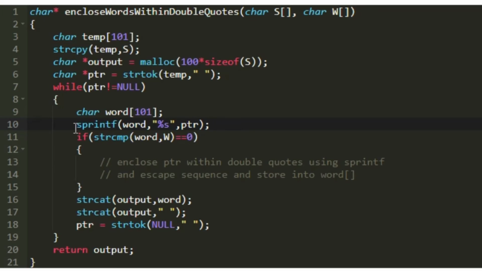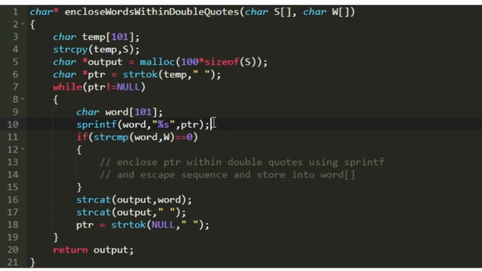Within the sprintf function arguments, first I'm passing the destination, which is word, and it should be stored in the format. We are just going to copy it as such. So I'm including only %s, and the source is ptr. All the contents of ptr are now stored into the character array named word.